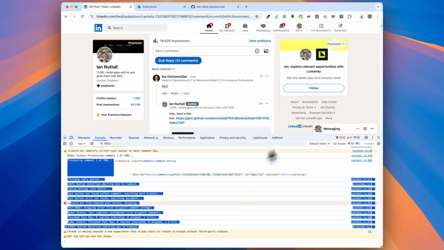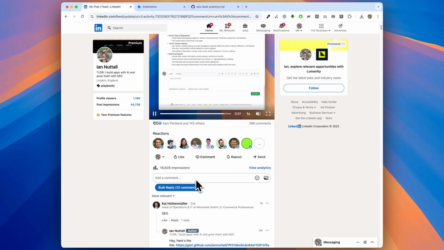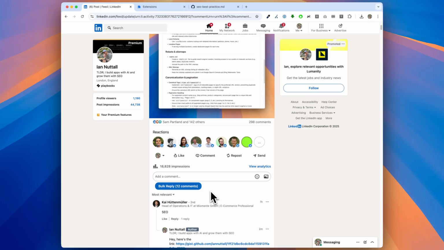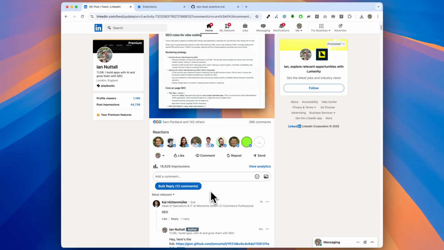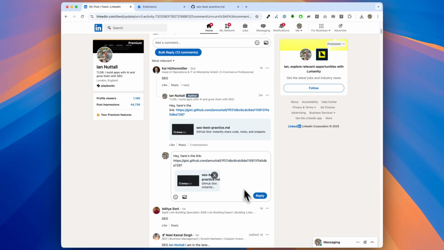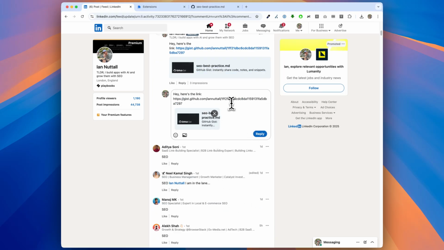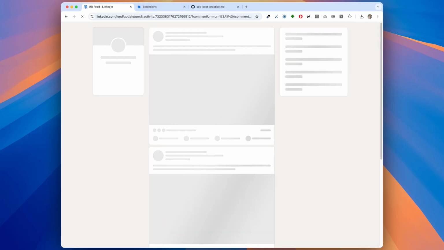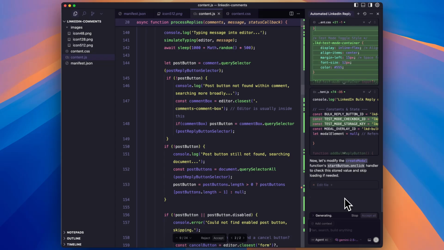Okay, so I'm thinking that next to this button here, we should have a toggle. I don't want to have to skip through every bloody comment just to test it when we could easily just do it with what's already loaded here. Okay, let's get rid of this. Refresh that. I was hoping to do this in less than 30 minutes, but here we are. We're not going to make it.